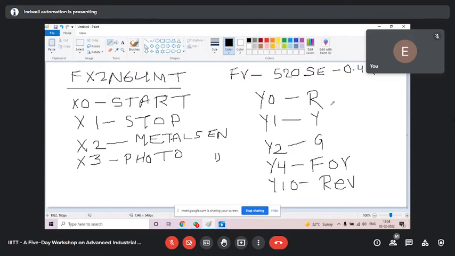This AC drive can control frequency from 0.5 hertz to 120 hertz.